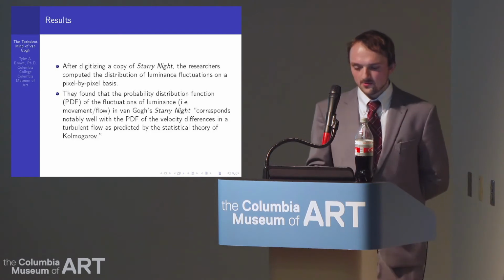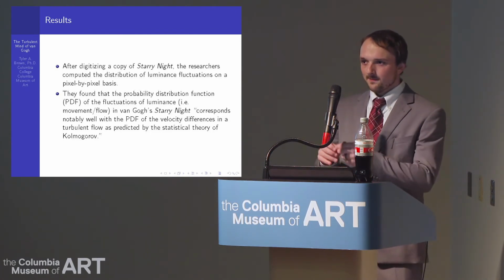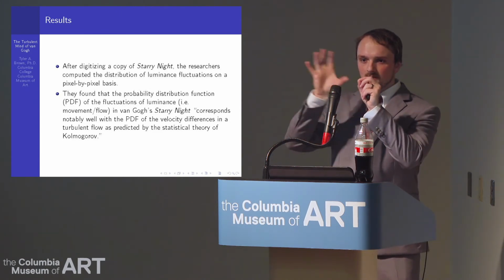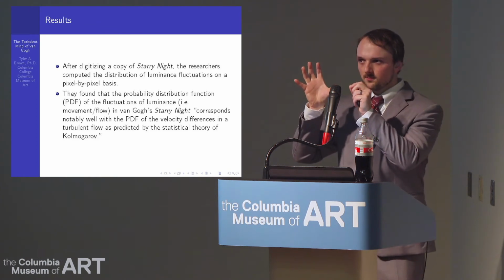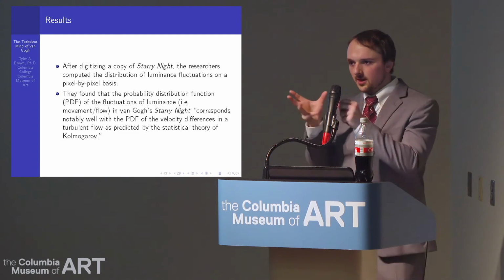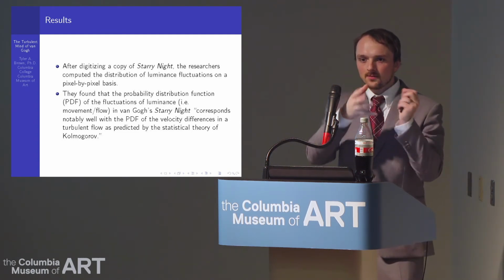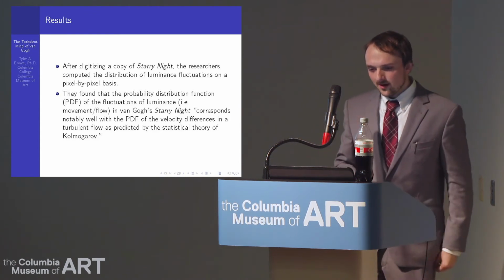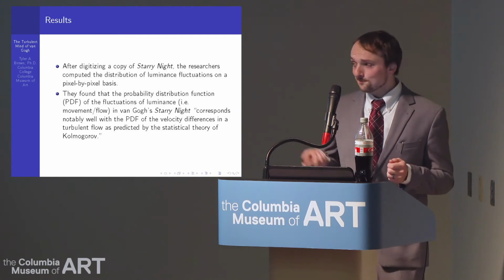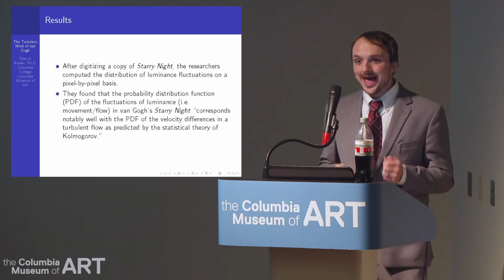So the statistical theory of Kolmogorov basically says, okay, if I compare this point to this point in terms of their velocities and figure out their difference, I should be able to predict at smaller scales, because of a universal nature of how turbulence flows, exactly what the velocity should be at a smaller scale and how the turbulence should break down. It turns out that given the lengths and the distribution of luminance in Van Gogh's painting, it models it very precisely. It models exactly what should happen in nature.